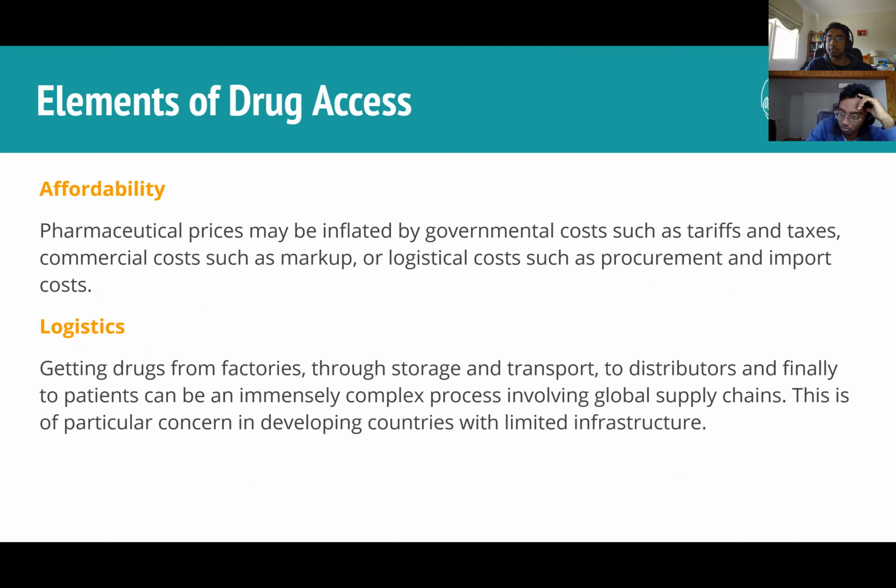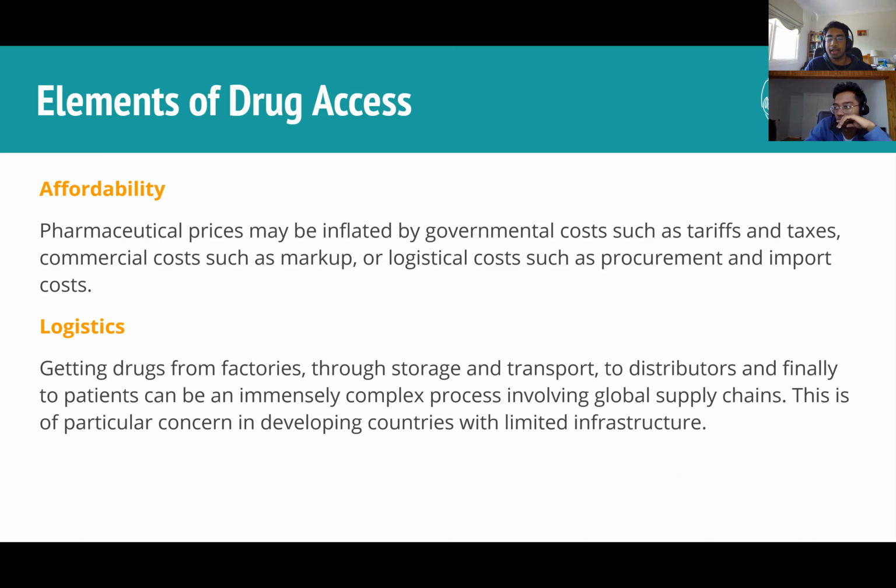But on top of that, we can also have a number of different causes which put the price up even further. So the government can put tariffs if it's coming from overseas. They can put taxes if it's coming domestically. Companies that make the drugs, they can have markups, and in places like the US, those can get quite obscene. And there's also logistical costs. So it's one thing to make a drug and then to pay your taxes to have your markup to make your profit. It's also another thing, apart from just making the drug, you do need to actually get it there logistically,